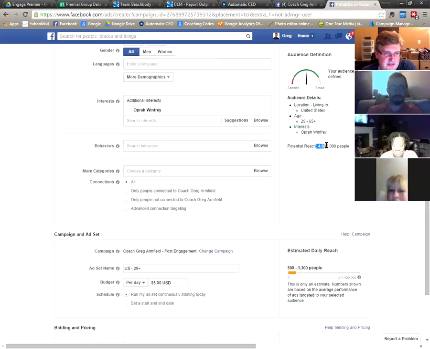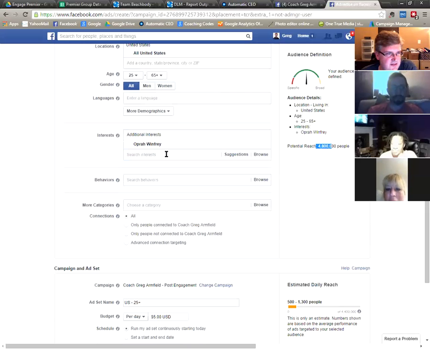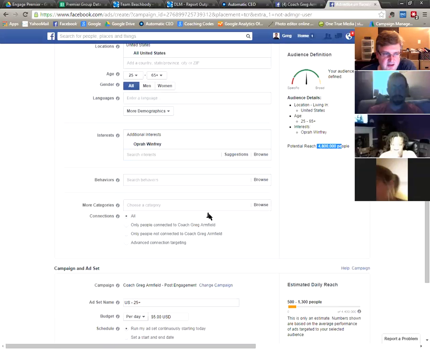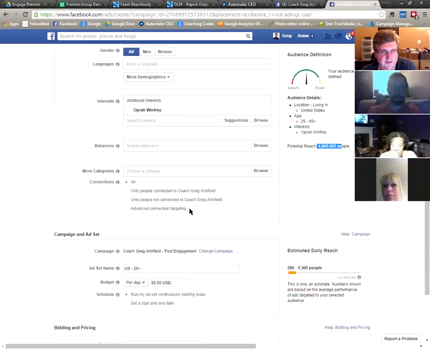And well, right here it says a potential reach. Oprah would be 13 million, but because I have narrowed the country and the age, I'm now looking at 5 million, right? So I can keep narrowing it down to be more specific if I want. Based upon the ad, you might want to narrow your market down. Like if you are targeting runners, for example, obviously you can put in things that target runners, and that narrows your market, so only runners will see.